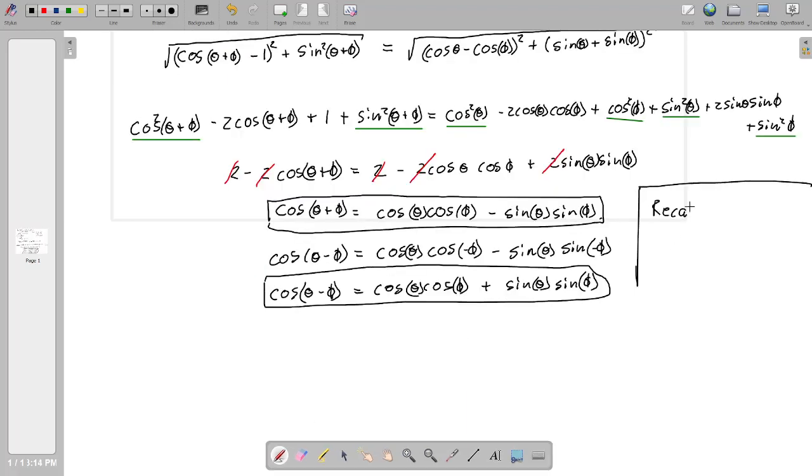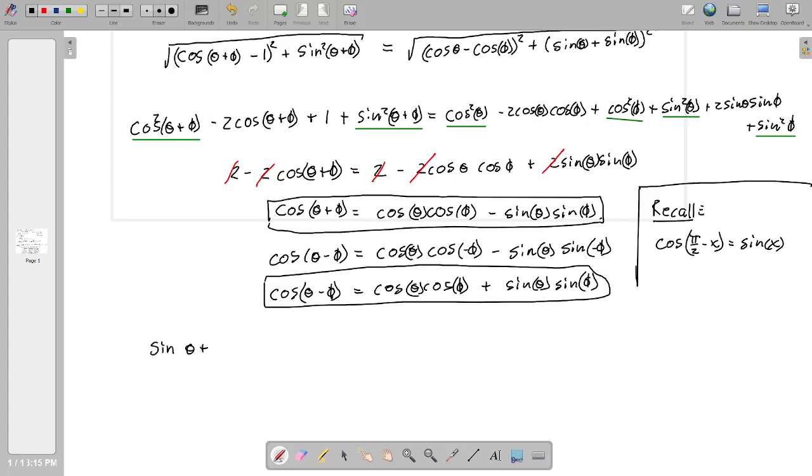Let's recall the cofunction identity. Cosine of pi over 2 minus x is equal to sine of x. Now, I didn't prove it, but last section I told you can prove this graphically. Very straightforward. If you just use the graph shifting techniques on cosine or sine, you'll get the cofunction for each of the copairs. But in order to prove sine